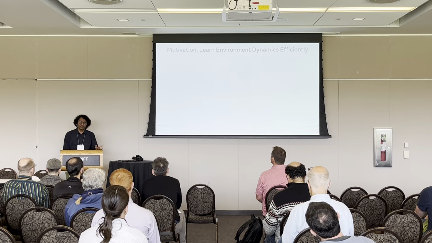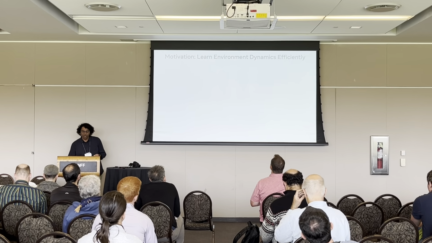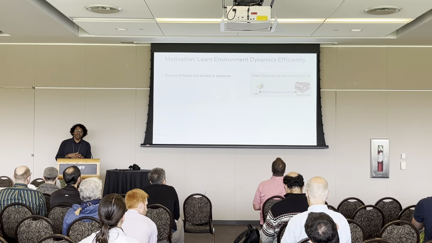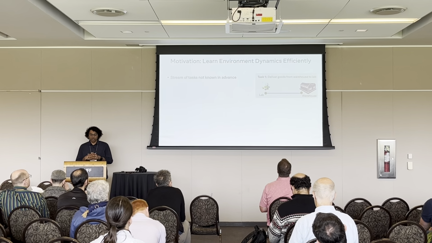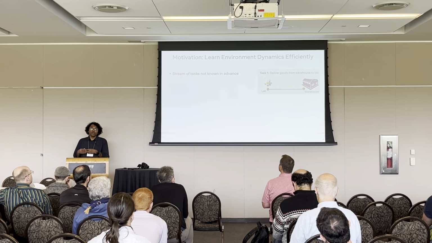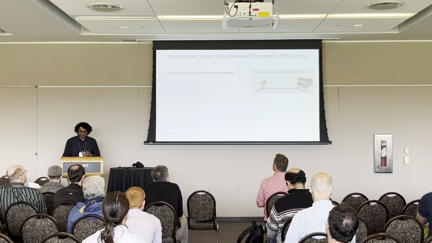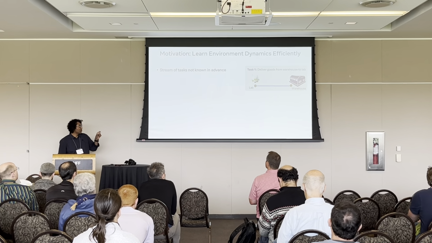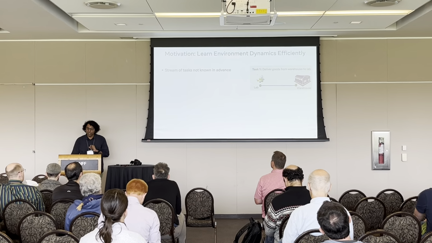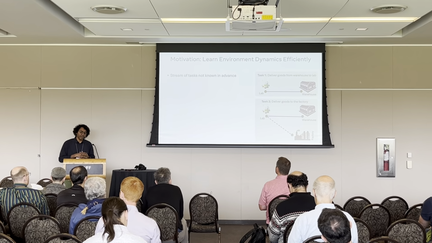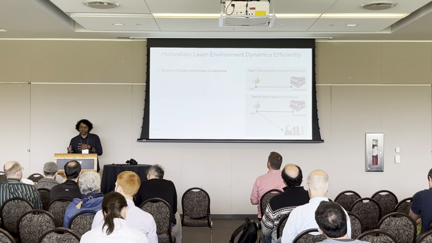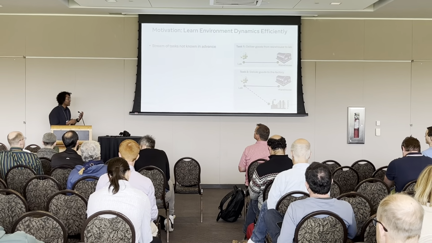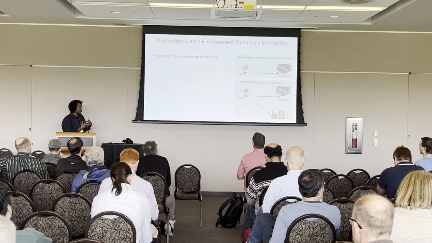So let's quickly start with the motivation for this work. We have settings where agents have to complete a stream of tasks, and they don't know what these tasks will be in advance. For example, a task can be to deliver a set of goods from a warehouse to a lab. But then we can get another task where, in addition to delivering the goods from the warehouse to the lab, some processing happens in the lab and the modified goods go to the factory,